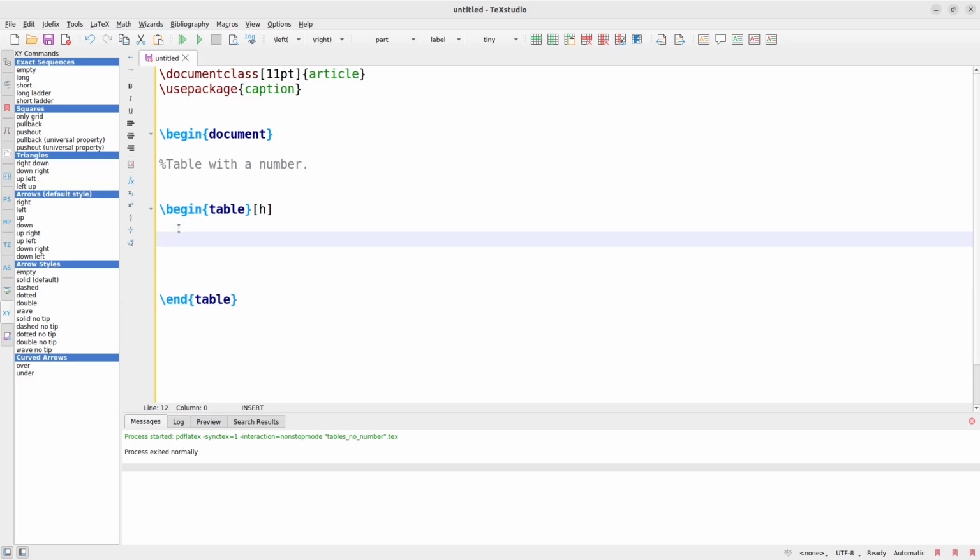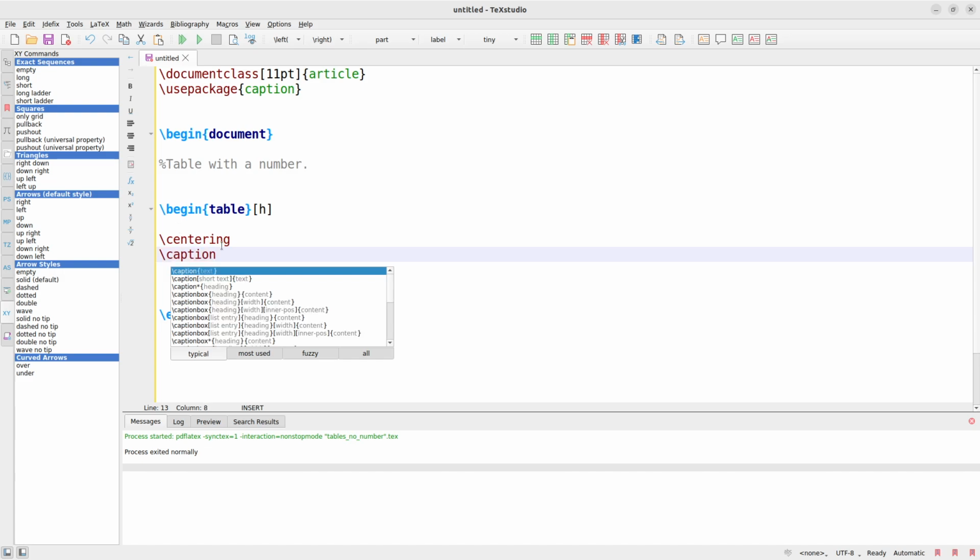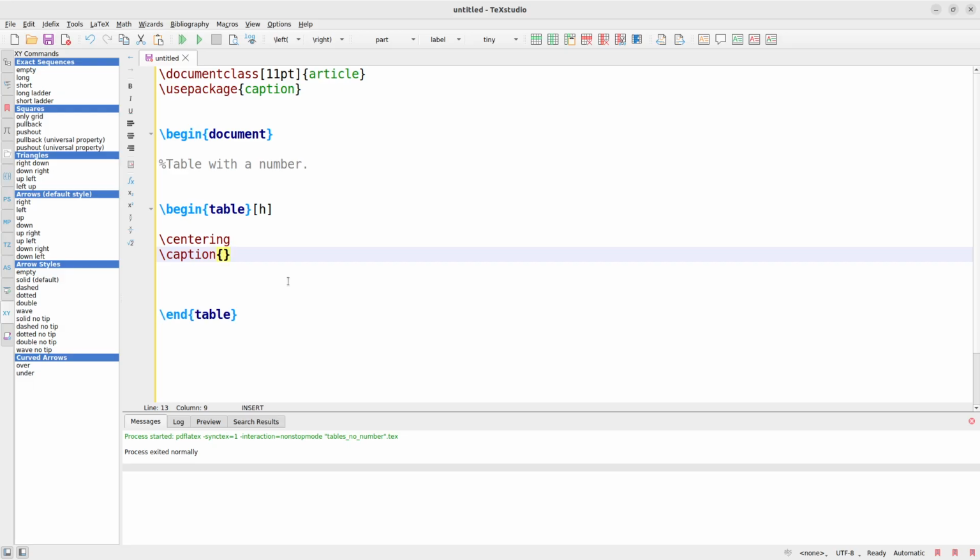For the table, I'll first begin this. I'll say \begin{center}, or sometimes you can also use \centering. I think I'll use \centering to make it simple. Then I'll proceed. I'll add a caption, \caption. This is where the modification comes. When you add a caption, LaTeX automatically adds a number to it. So here I'll just say \caption, and then in the curly brackets, I'll say